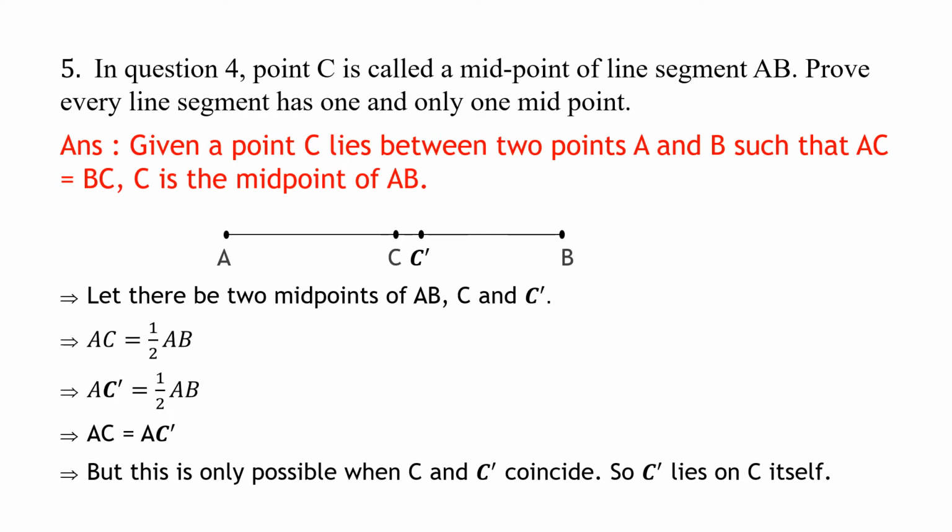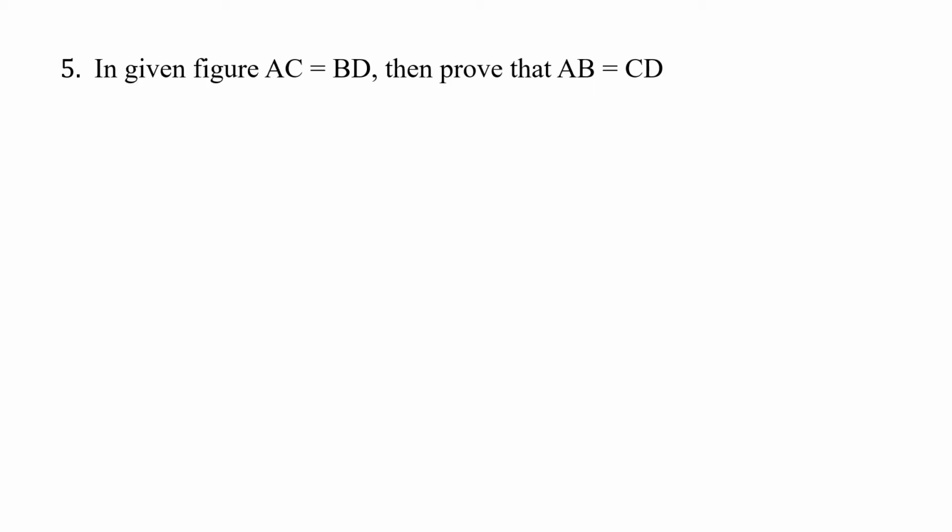Now remember, only a line segment, that is a terminated line, can have a midpoint. What is a terminated line? We did yesterday. A line which starts at A and ends at B, or say starts at B and ends at A, means it is starting and ending with two fixed points, is a terminated line. So a terminated line can have a midpoint. Remember, a line which is infinitely going in both directions will not have a midpoint. A ray will also not have a midpoint because it is infinite. So you need to remember these things.